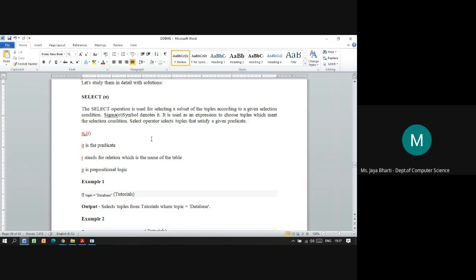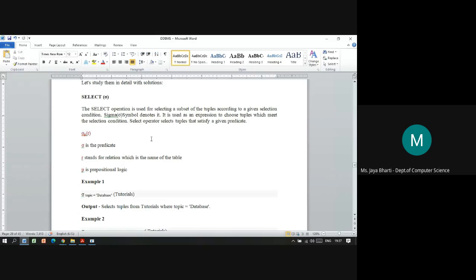Here the example they have given: select tuples from tutorials where topic is equal to database. Tutorials is a table, tuples are rows, and topic is equal to database is the predicate, you can say.